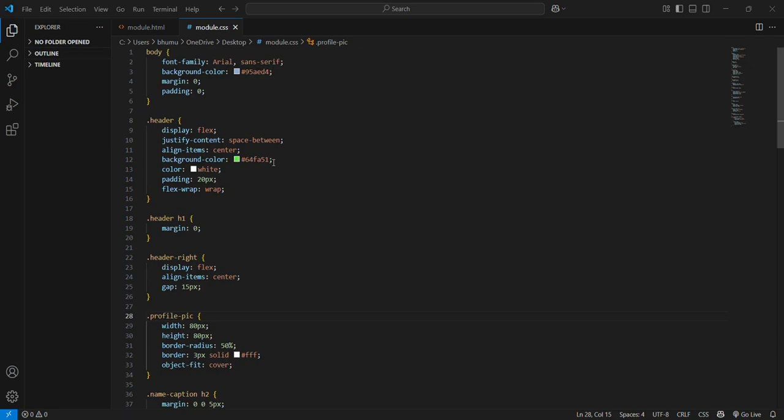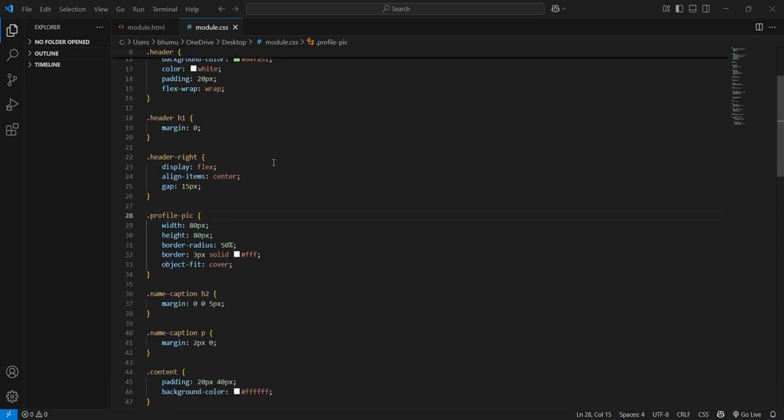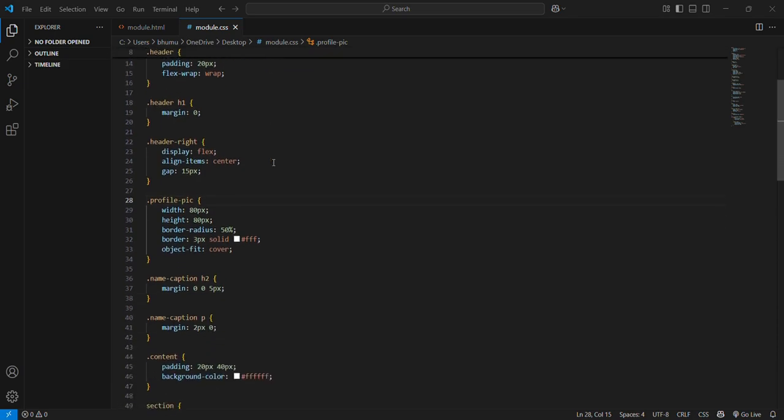Padding of 20 pixels adds spacing inside the header. The flex-wrap property ensures the layout adjusts nicely on smaller screens. Coming to the header elements. The h1 inside the header has no margin to prevent unwanted spacing. Then the header-right uses flexbox again to align the profile picture and the text in a row with a pixel gap